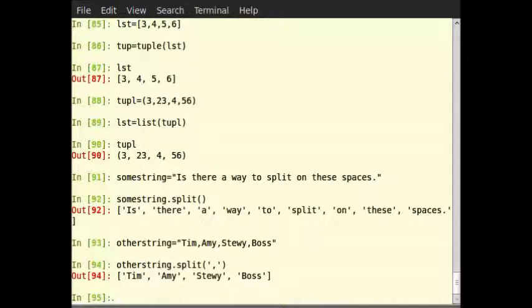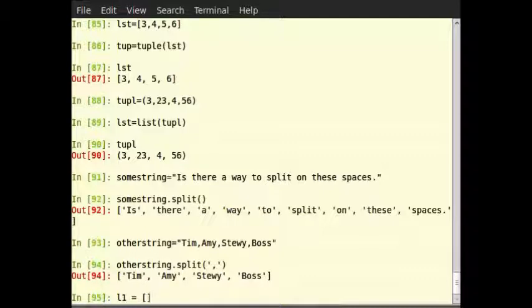Now join function does the opposite. Join a list to make a string. So you can type L1 is equal to, within square brackets, list join on comma, all are in single quotes.